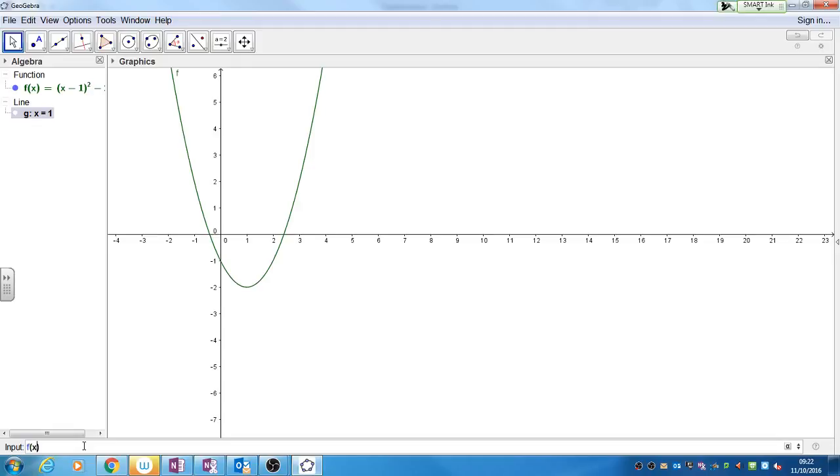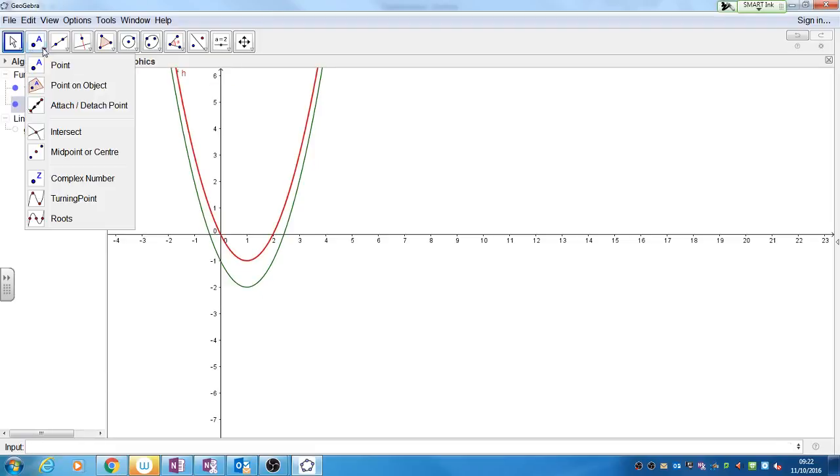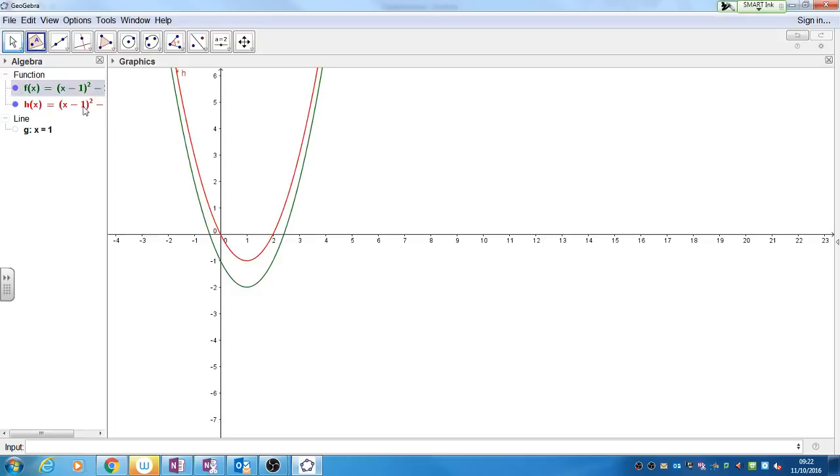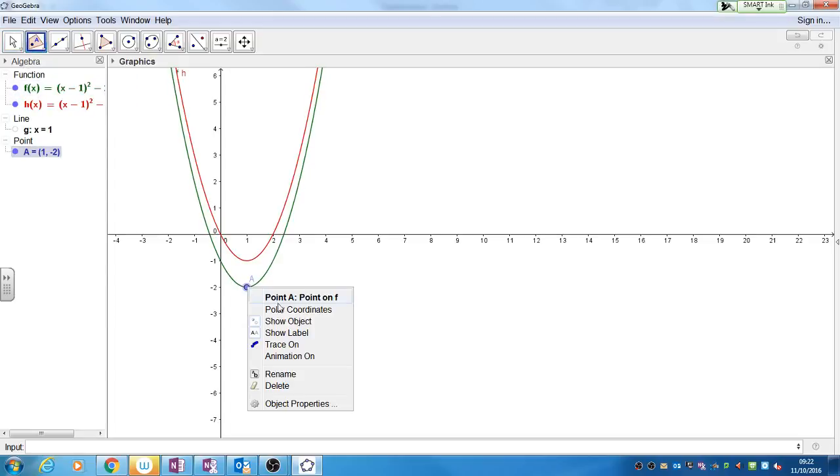Okay, and let's do +1. What's going to happen? It's going to move up. So which coordinate is going to get affected? The y coordinate. So this point here, if I just put a point on the object over here, and if I can do